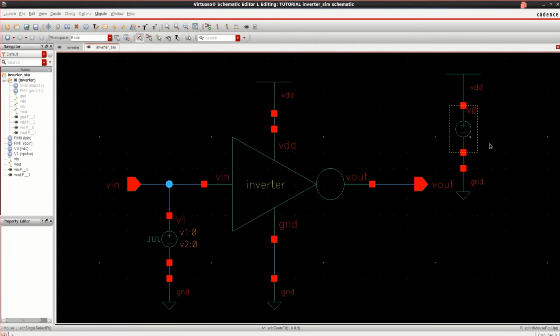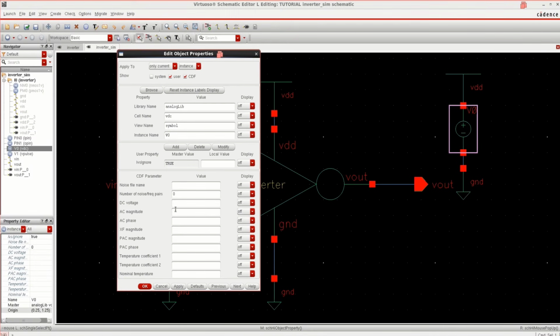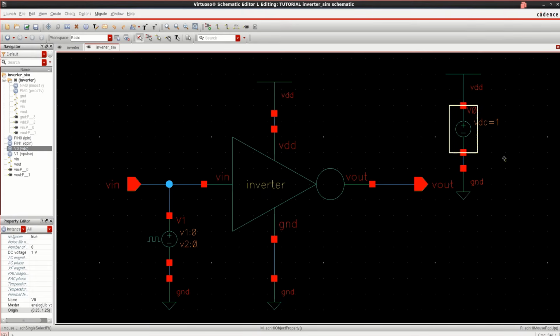Everything is completed. But before that, you need to define the DC operating voltage. To set that, select this and hit Q. Define the DC voltage. For this particular 90 nanometer, I am using a DC voltage of 1 or 1.2. So the DC voltage is 1 volt.